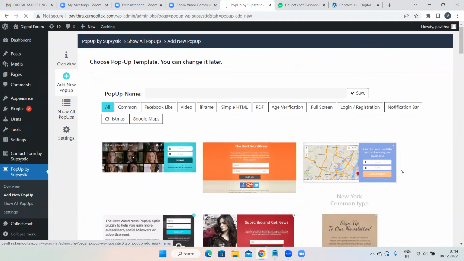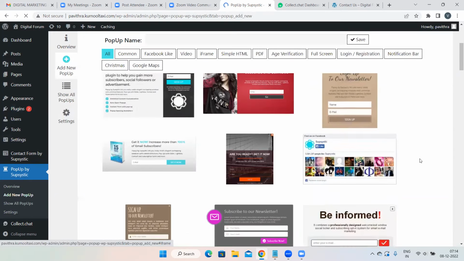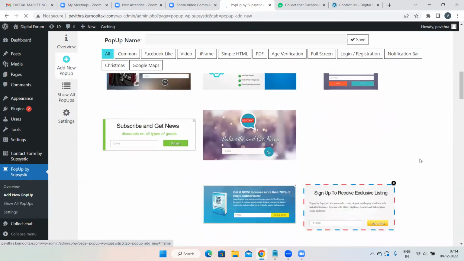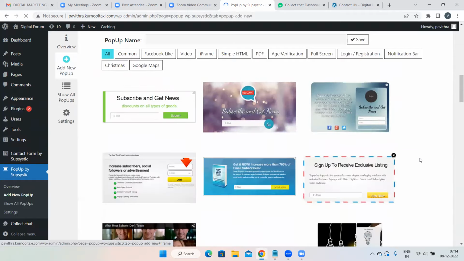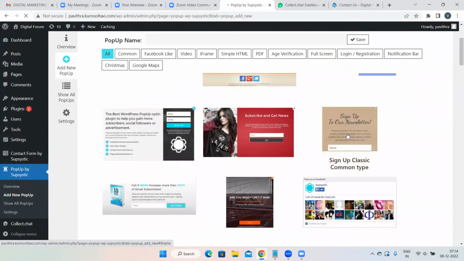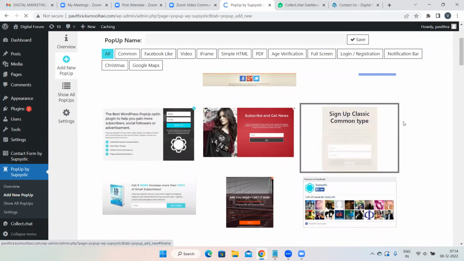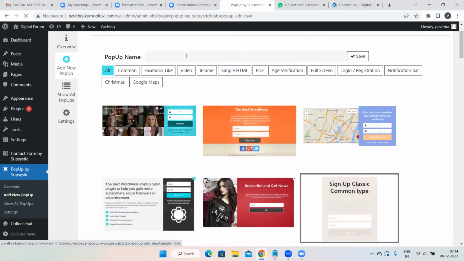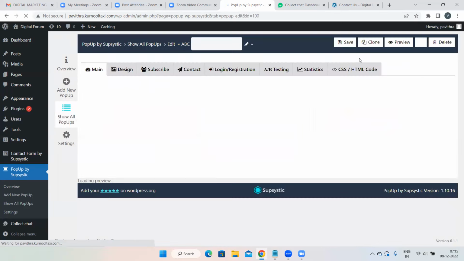That's it. Then you have to select the templates. Again, n number of templates are available. Whichever template you would like to select according to your preferences, just select any random template. Let's assume you want to select this template. Just select this template and you have to name this particular pop-up. How you name your menu, how you name your contact form, in the same way, you need to name your pop-up also. After selecting the template, click on the Save button. Done. Once you have selected the template and given the name,